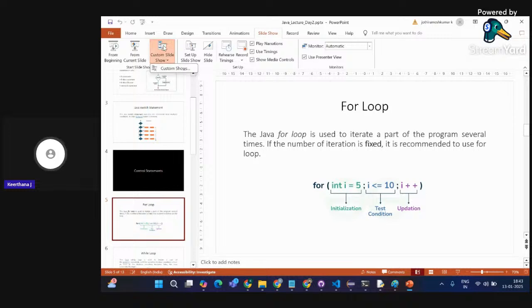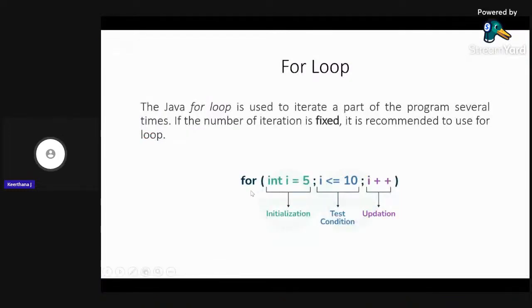So for loop, this is going to be the general syntax. As I already said, when some particular block of code is going to be used in an iterative fashion, you'll be going with for loop. For loop and while loop, these both loops you will be using in a very maximal manner.